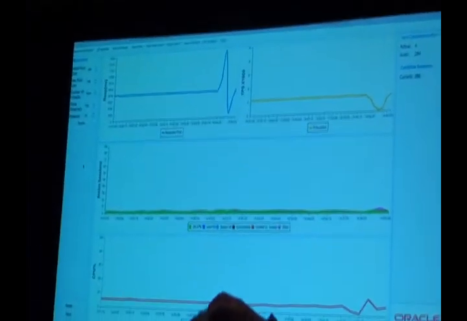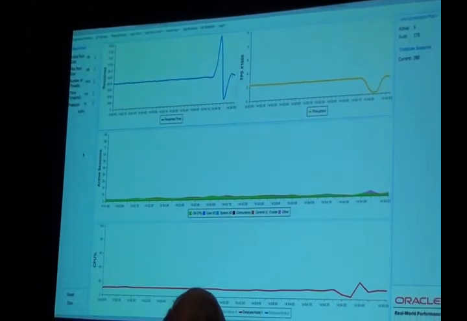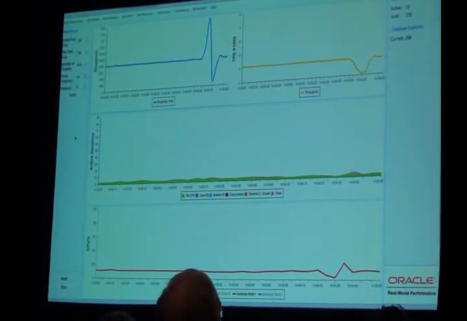I'm a very lucky guy today, because I've got the development manager who developed these applications, and I have Graham and Robin representing the Real World Performance Group to give me a little bit of extra help to figure out what's going on with this performance problem. So, we've doubled up the users. What happened? It looks like absolutely nothing. We doubled up the users, and in fact, nothing happened. So you were right. So any more suggestions?